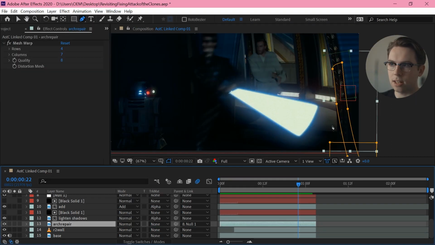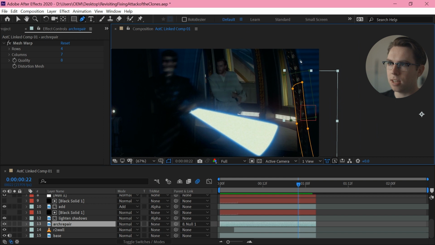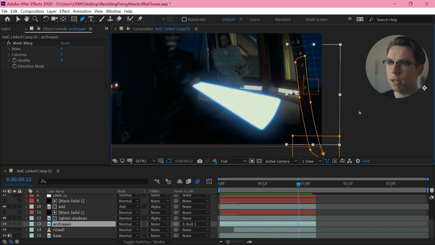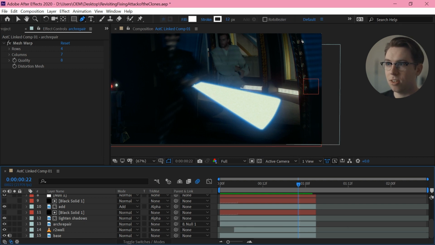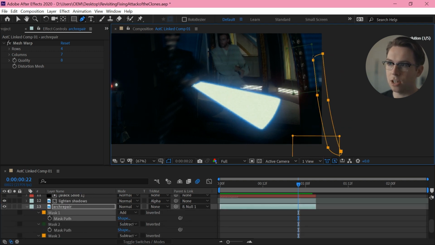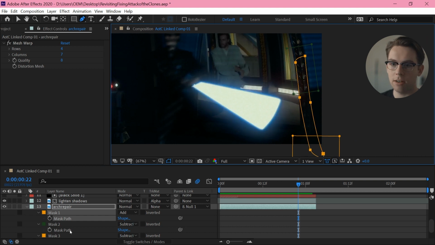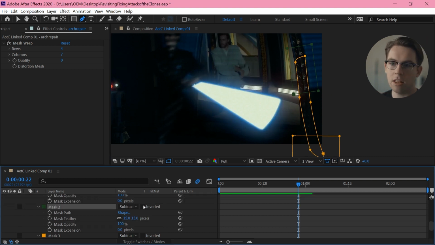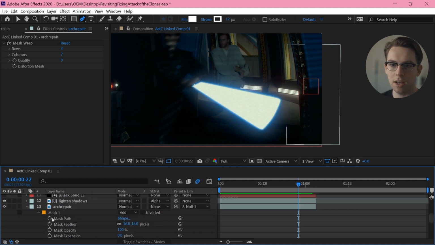And the way that I've done that is by taking a copy of the layer again, and I'm flipping it upside down. And the reason I'm flipping it is so that these highlights, which are coming from this window over here, are on the inside, as if they're coming from this lightsaber over here. I'm masking out actually where the arch is. And then I've got these boxes at the top and bottom, and they're just there to fade it out slowly, so it sort of just blends in with the areas around it.